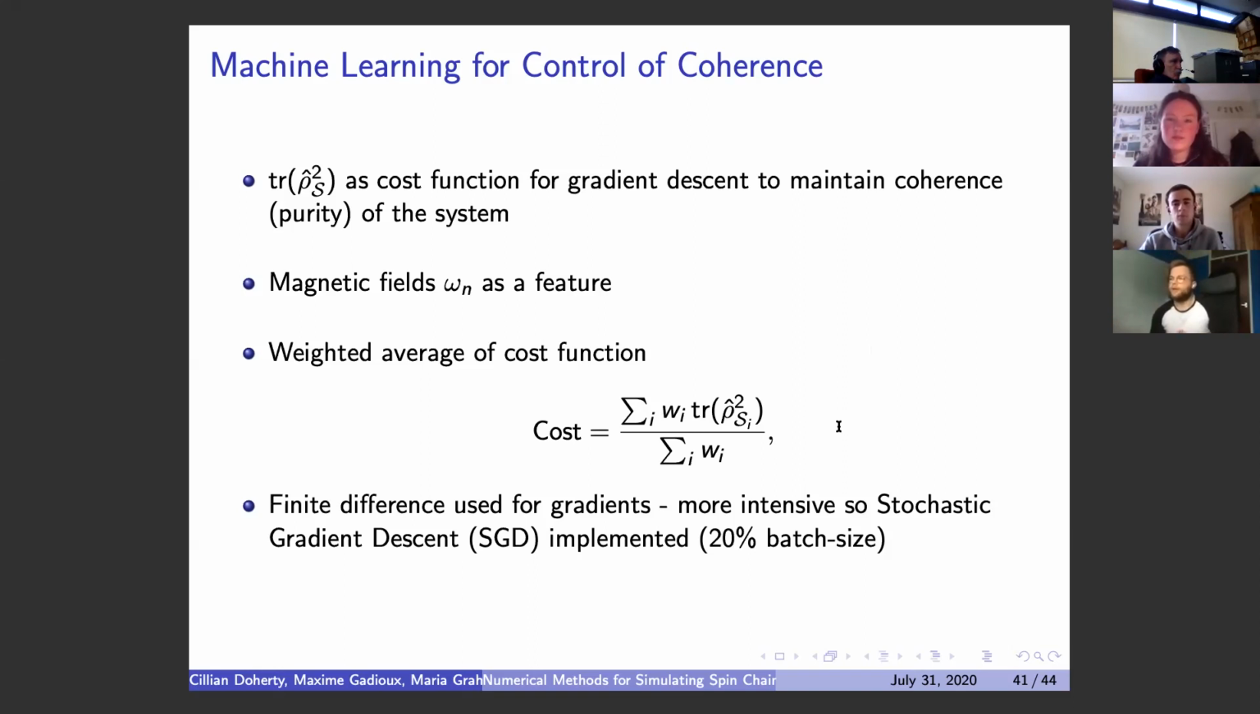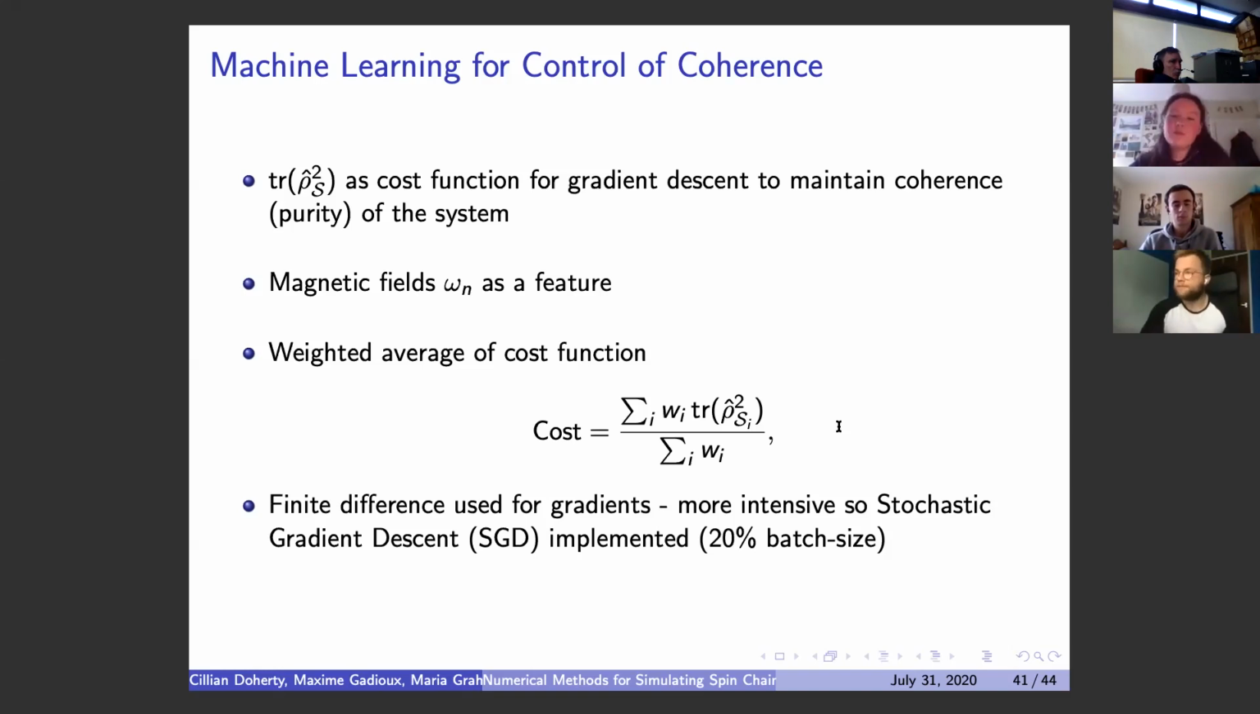Also, I didn't actually mention this, but with the previous implementation of machine learning, we had used differential programming, which is programs that are capable of calculating the gradient automatically and very quickly and efficiently. It was harder to implement for this case, so finite difference methods were used, but that naturally meant that the algorithms performed more slowly. So we ended up implementing stochastic gradient descent this time instead of regular gradient descent, which just meant that we only sampled 20% of the purity values in time at any one time for the algorithm